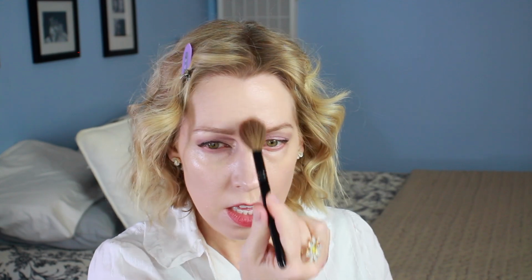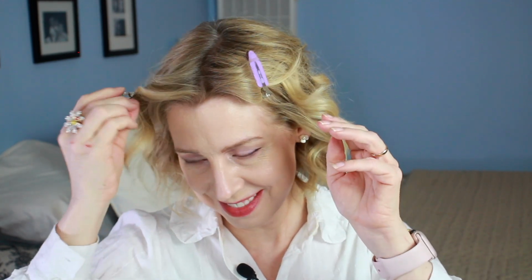I'm going to put the blurring powder on this. At first, I'm going to use a brush. I'm going to use a natural haired brush. If it's a fluffy brush, just want to deposit the product very lightly. Yeah, and then I'll go back. I'm actually, you know what I want to do is I really want to take these hair clips out. I think before I do any more powder products, I'm going to do another